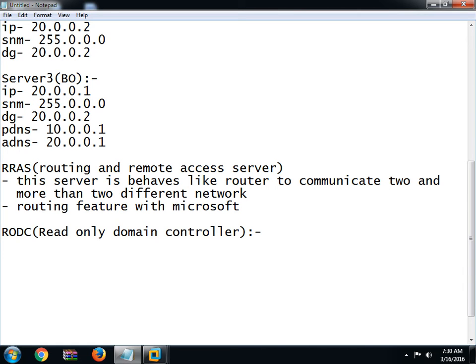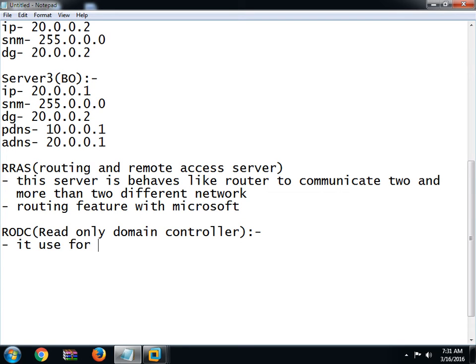So the Jalalabad office cannot edit anything, but the head office can do anything. So the head office will be read and write, and the branch office, Jalalabad, will be read only. It means they don't have the privilege to edit anything. From the head office you can manage the branch office. No need to send any administrator to the branch office.